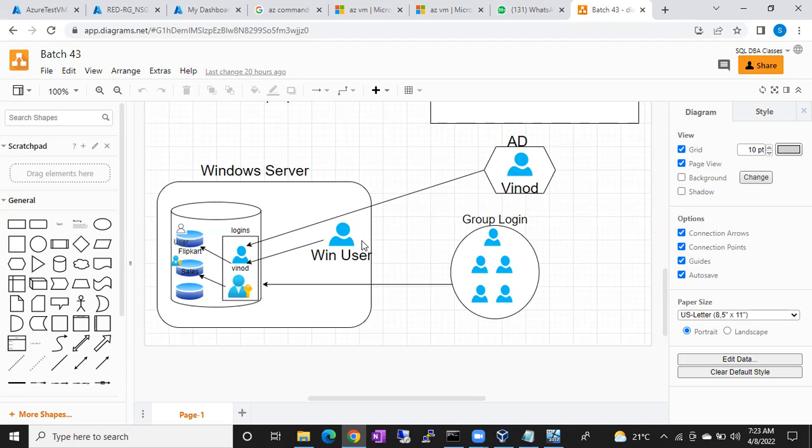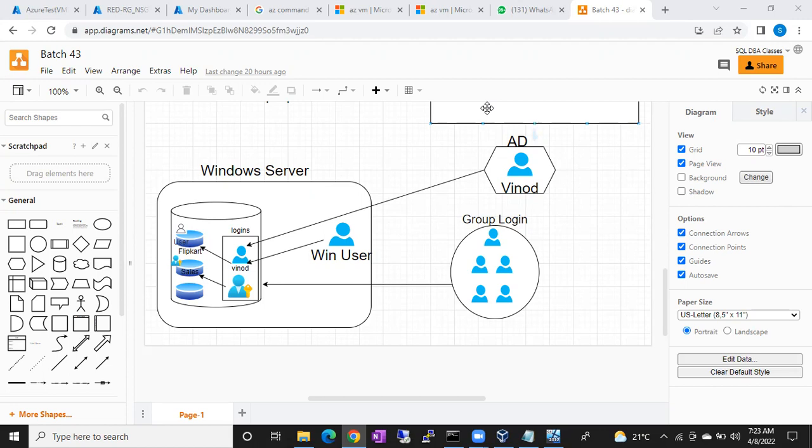What login do I have to create in SSMS? Windows or SQL login? Windows authentication. We have to choose Windows authentication and select the particular user, whatever user we created at the Windows level. We type the user and check names. Then you will get the username. If you give the correct name, you will get the result, and you can click OK and then give access.